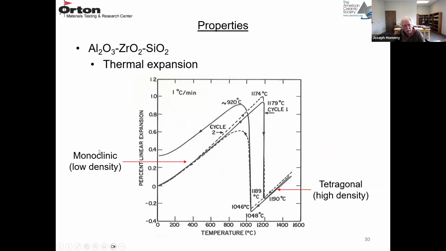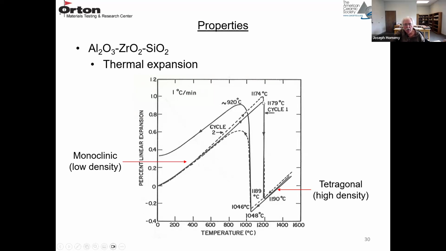So AZS has this thermal expansion issue. We went over this when we talked about zirconia. So percent thermal expansion versus temperature. The solid line is the first heating and cooling cycle. So you start out with the low density monoclinic,